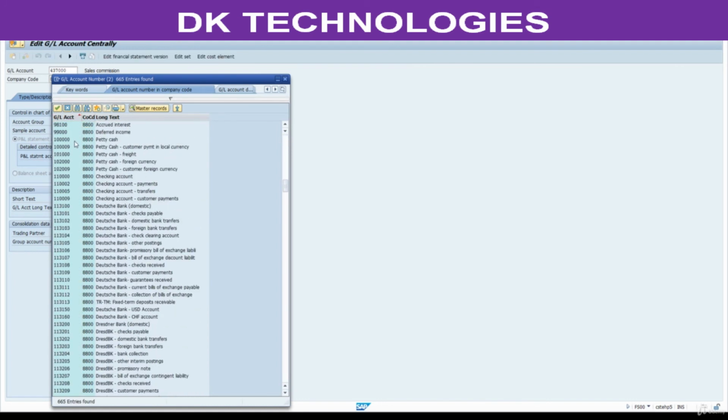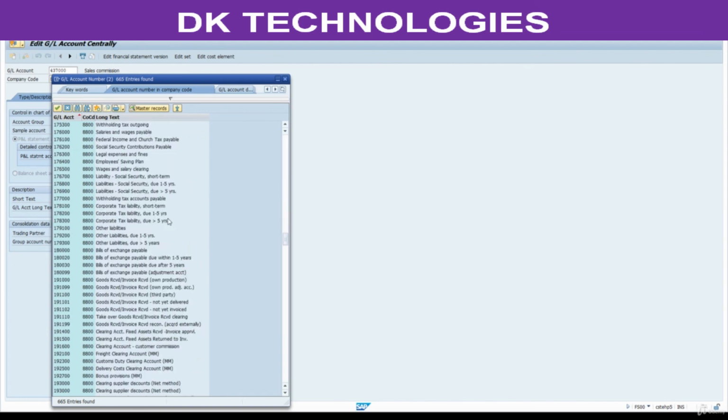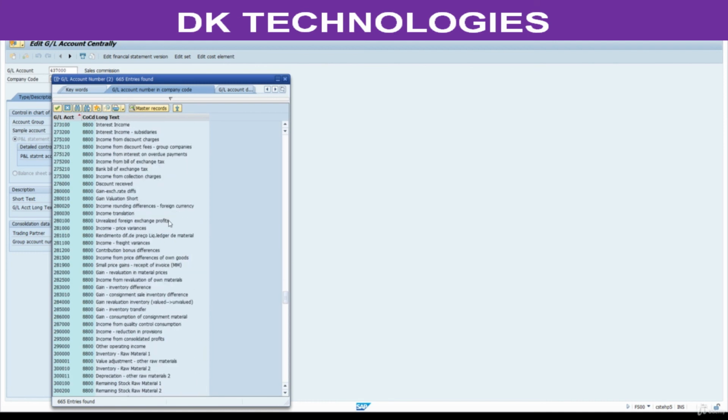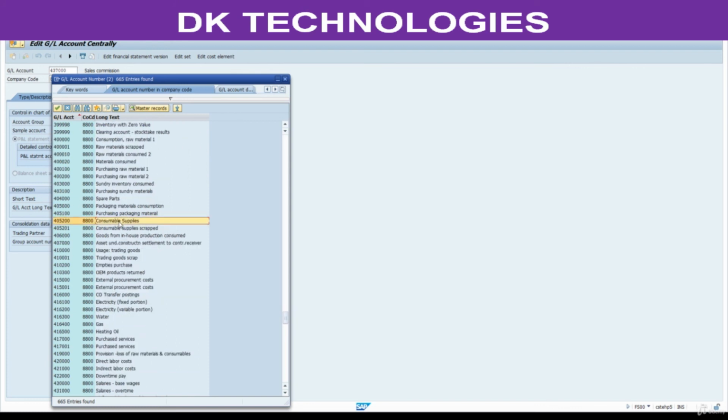Now check the description for expenditure GL accounts. See here you have consumable supplies, scrap, spare parts.